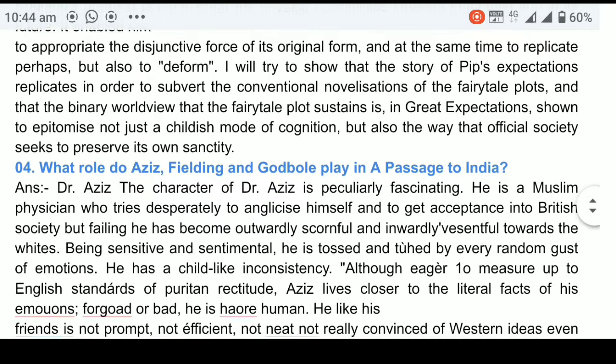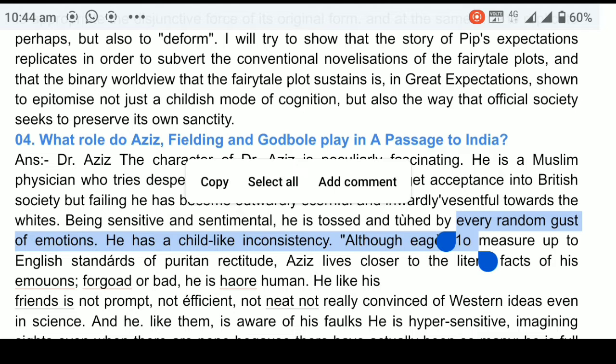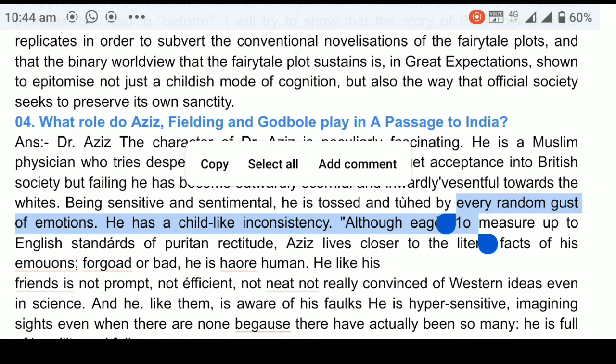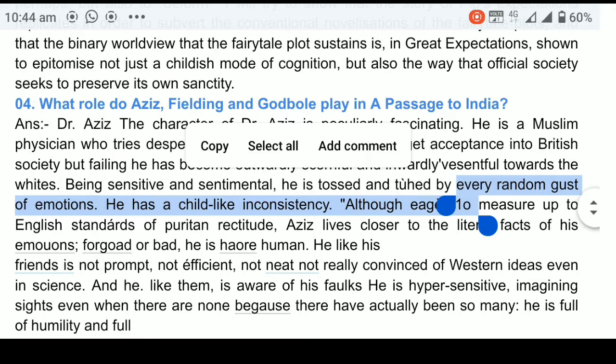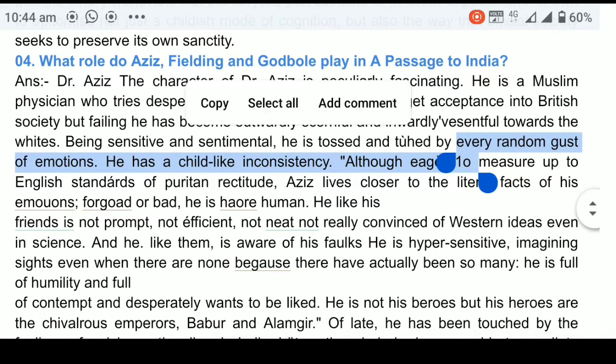It enabled him to appropriate the destructive forces of its original form and at the same time to replicate, perhaps, but also to deform. I will try to show that the story of Pip's expectation replicates in order to subvert the conventional novelization of the fairy tale plots, and that the binary worldview that the fairy tale's plot sustains is in Great Expectations made to epitomize not just a childish mode of cognition but also the way that official society seeks to preserve its own sanctity. So friends, till here your third question's answer of assignment is also done,